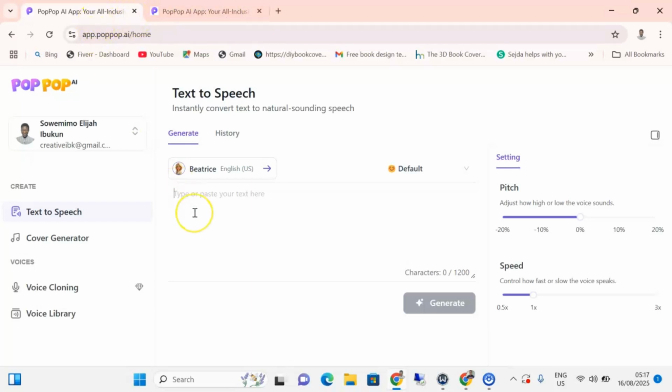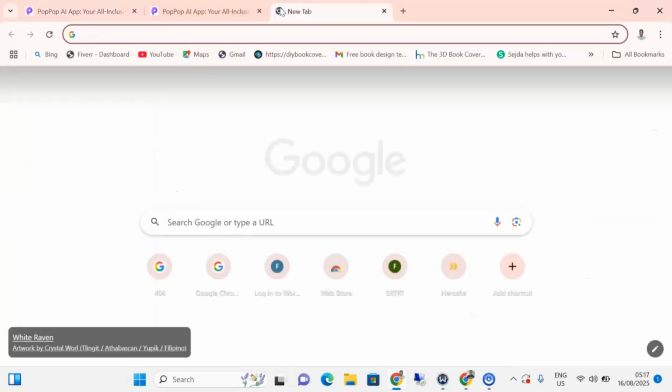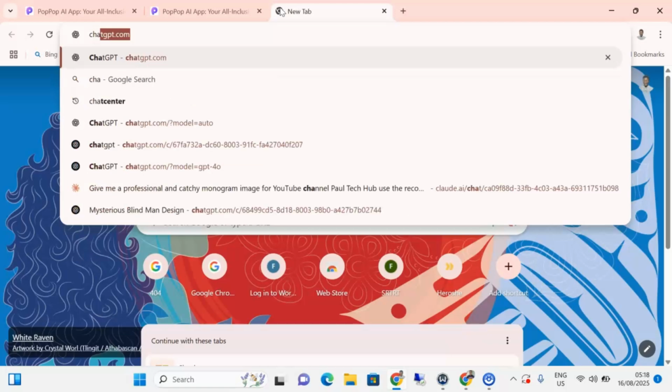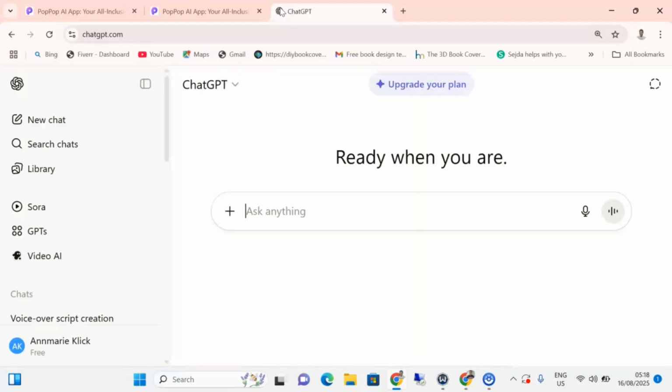So I already have an account, so we are going to go straight to creating a prompt that is going to show you how you can use this platform. So let me come over to my ChatGPT. Depending on what you want to do, for you to be able to create a prompt for your stories, you need to know the kind of niche you are trying to create the story for.